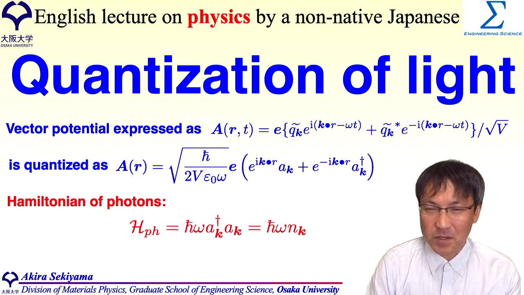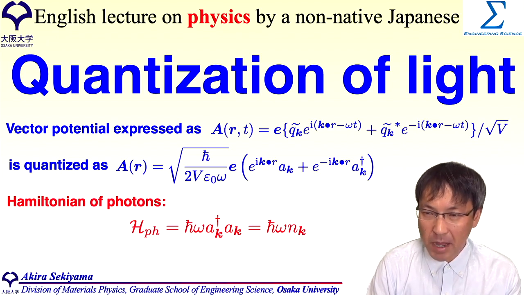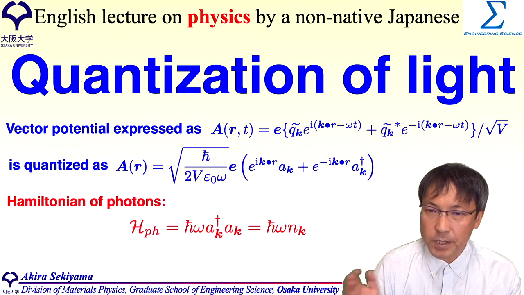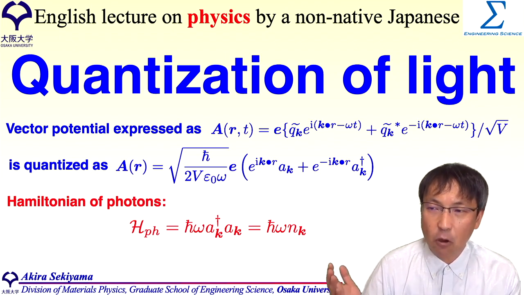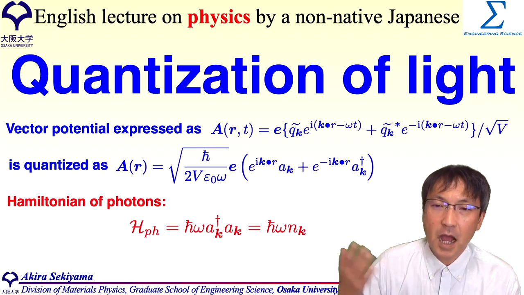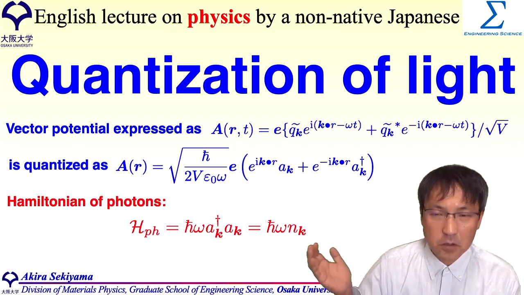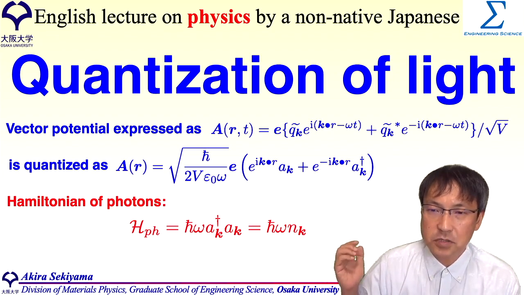In this movie, I would like to show that light is quantized by considering the energy of electromagnetic wave in vacuum and that the minimum energy of the light with angular frequency omega is obtained as h bar omega. Further, I show the Hamiltonian of the electron in the quantized electromagnetic fields, namely photons, where the interaction terms are